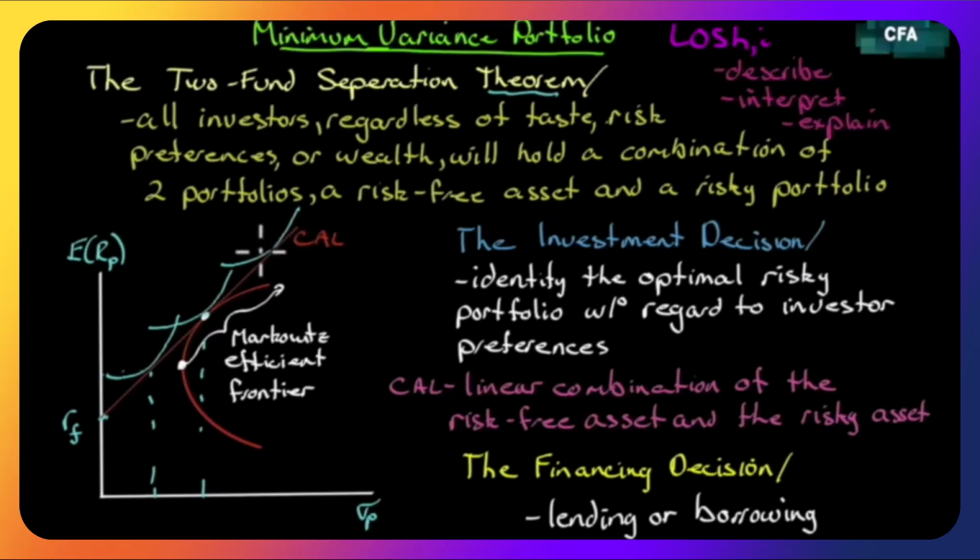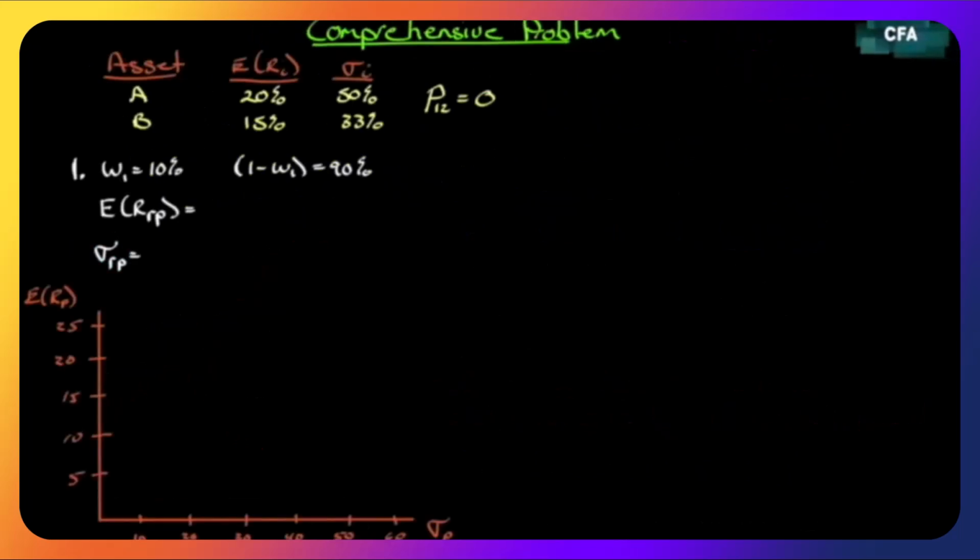So you can see that every decision we make for an investor can be broken down into two steps. Step number one, let's just identify the optimal risky portfolio. And once we're done that, let's just figure out where along the capital allocation line you belong by drawing your indifference curve. Well, we are going to do a very extensive problem that pretty much takes us all the way through this chapter. We're going to put it all together in one thing.